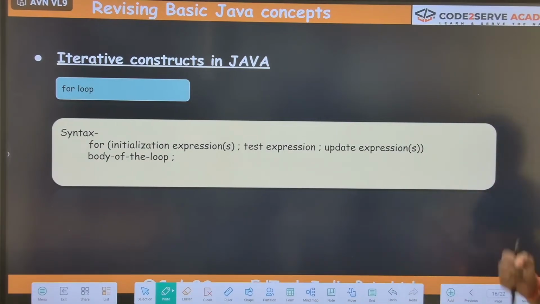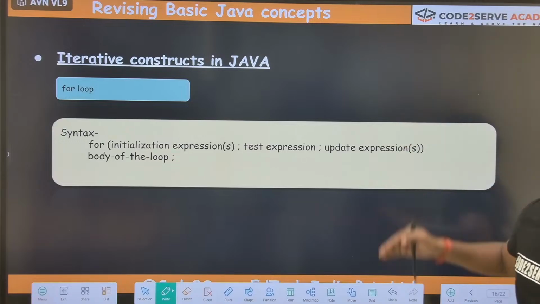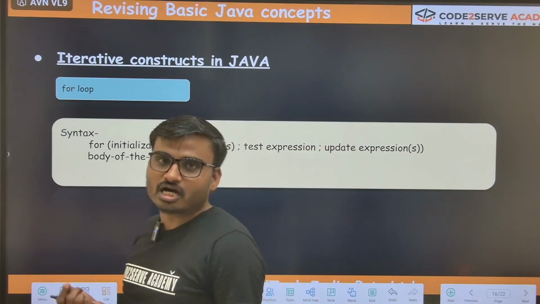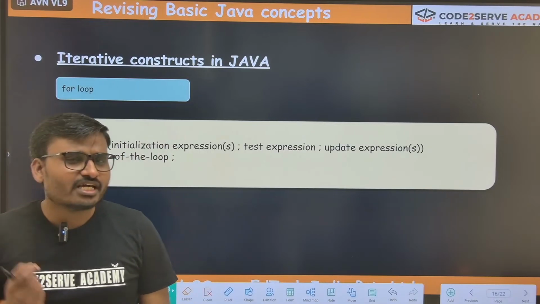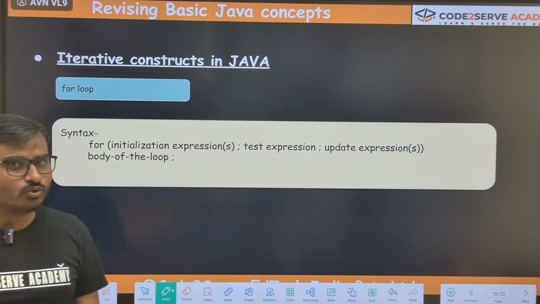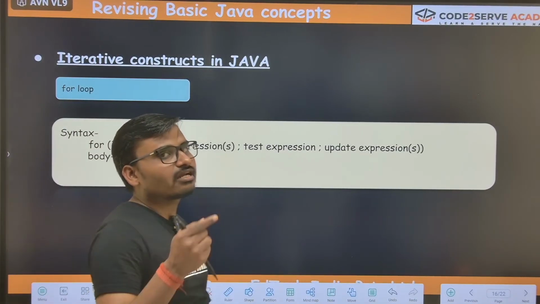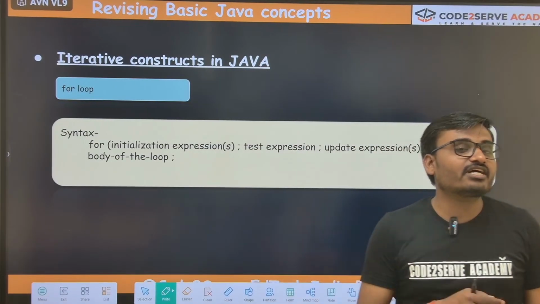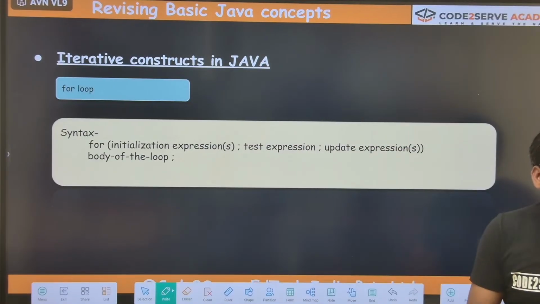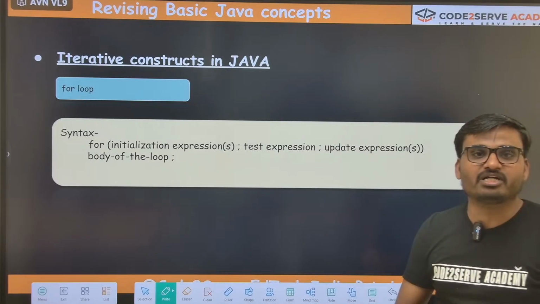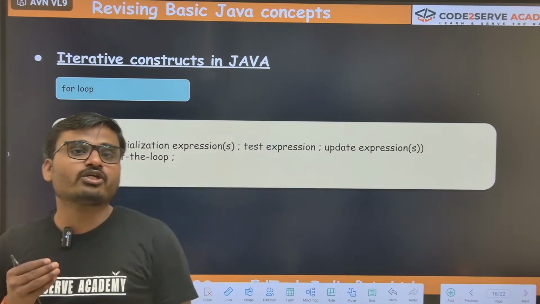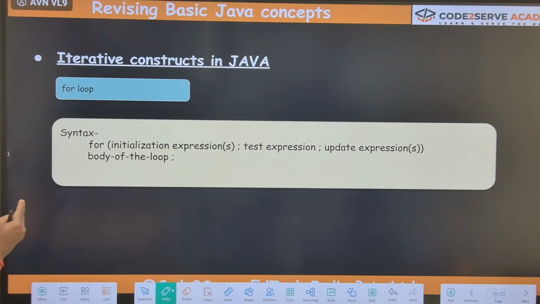Now suppose you write Ayush 100 times, it will take a lot of time. Instead of that, what we can do here, the task is repeating. The task is getting repeated. So whenever you find the repetition concept coming, some task is getting repeated, then you are going to use the concept of iterative construct in